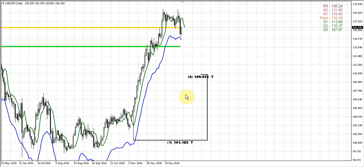Welcome everybody. In the second video today, let's take a look at the Japanese yen again, just to complete our discussion of the double repo pattern that right now we could say has been formed and confirmed on the daily chart. The major background for this trade and this pattern is mostly technical, since fundamentally